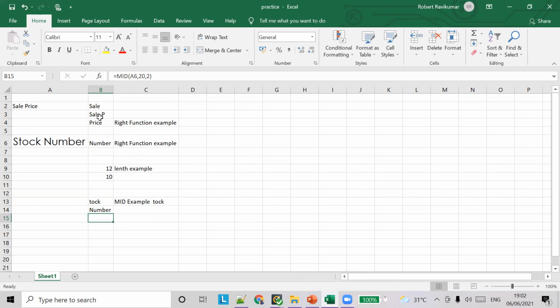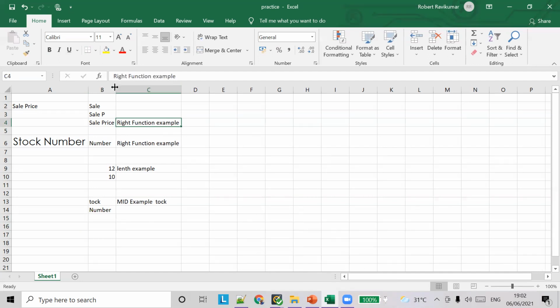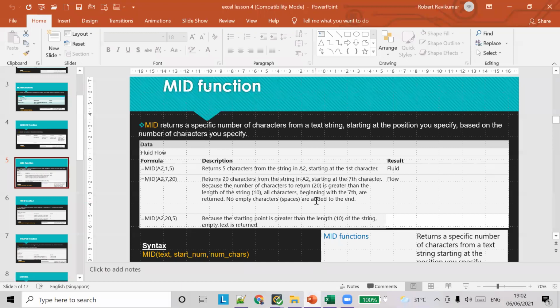Okay. So similarly, if I say 60 characters here, right? It will always give the sale price because the first set of characters has a length less than the length of the string. So this is how RIGHT, LEFT, and MID also work. Okay. So you guys are clear on this MID functionality. You can stop and ask me if you have any doubts. Okay.